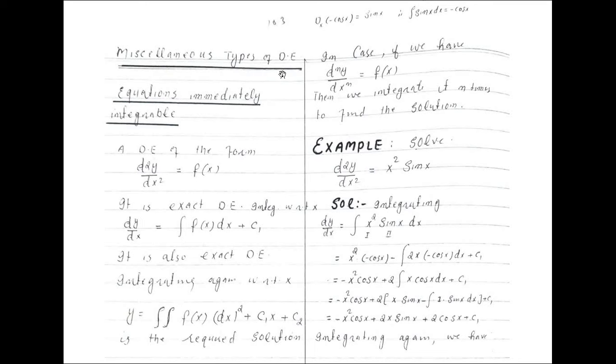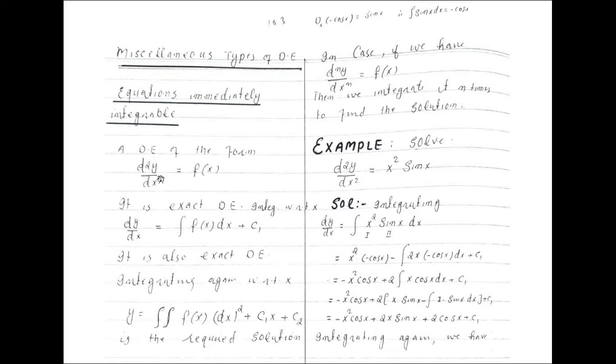डियर स्टूडेंट्स, इसी स्लाइड में हम मिसलिनियस टाइप्स ऑफ डिफरेंशियल इक्वेशन के बारे में पढ़ेंगे और यहाँ जो टॉपिक है इक्वेशंस इमीडिएटली इंटीग्रेबल। A differential equation of the form d square y by dx square is equal to f of x. This differential equation is exact differential equation, hence integrate with respect to x. Integrating this differential equation with respect to x, we get dy by dx equal to integral f of x dx